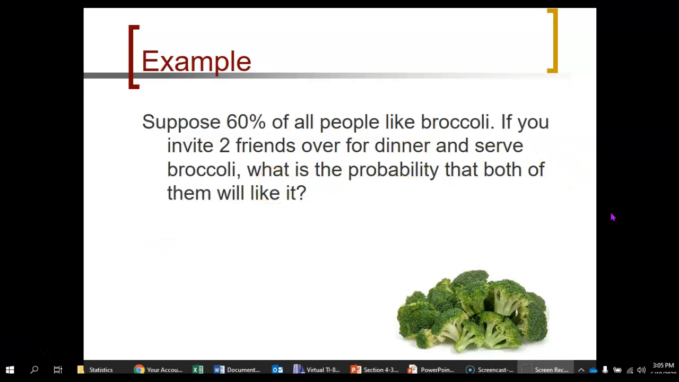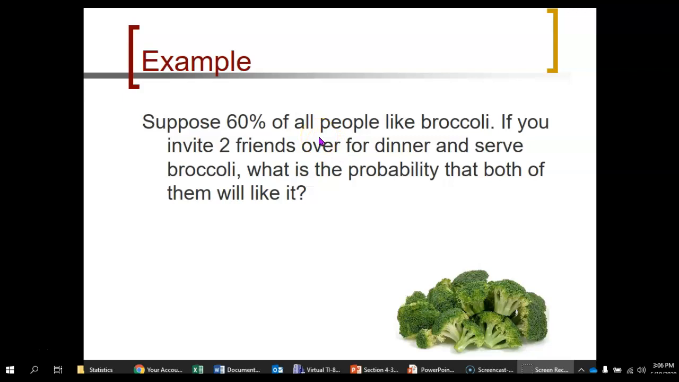If you invite two friends over for dinner and serve broccoli, what is the probability that both of them will like it? Now, I'm assuming that this is independent, like they're not your friends because you all bonded over your mutual love of broccoli or something. But if they are truly independent, so whether or not one of the friends likes broccoli has no effect on the odds of the other friend liking broccoli, then the probability that both of them like broccoli, friend number one